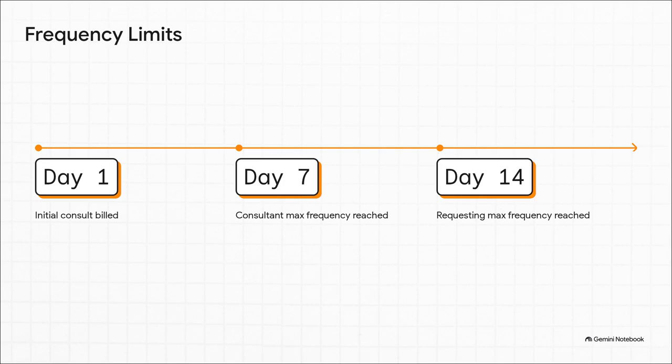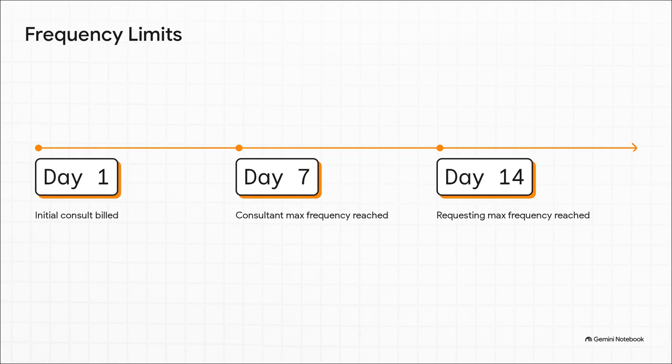The consultant codes 99446 through 99451 max out at once per 7-day interval per patient. You can't just spam these codes every couple of days. Meanwhile, the requesting provider code 99452 has an even tighter restriction. That one can only be reported once in a 14-day period. These guardrails are put there specifically to make sure the codes are used for substantial, highly necessary collaborations rather than